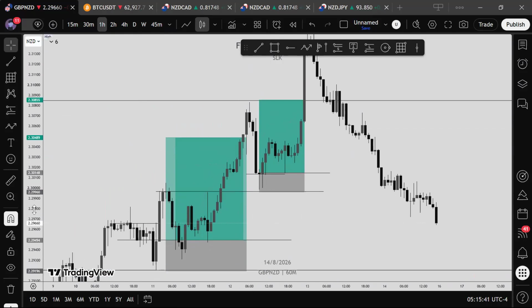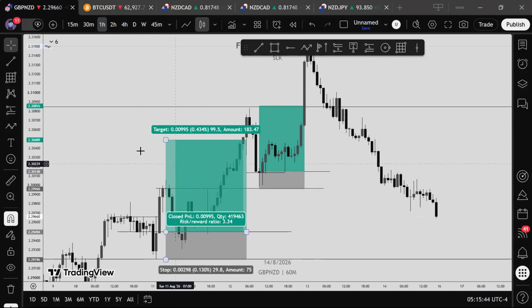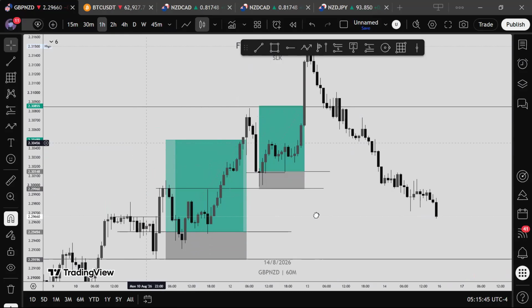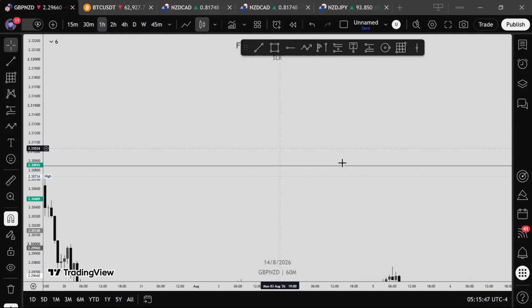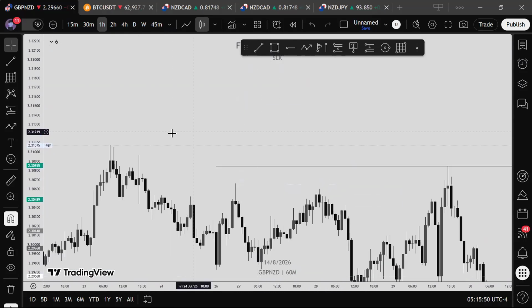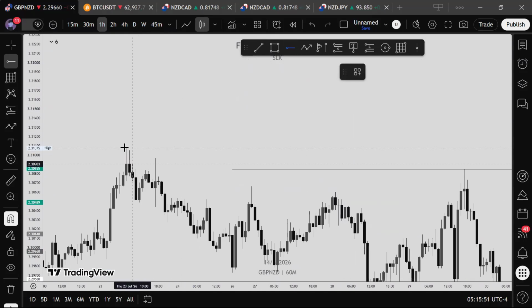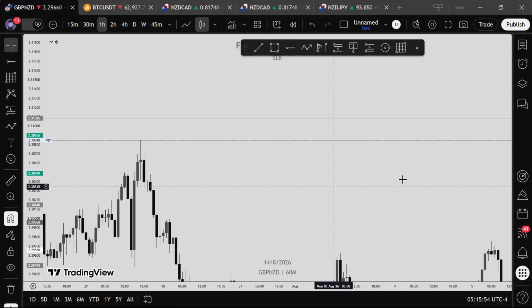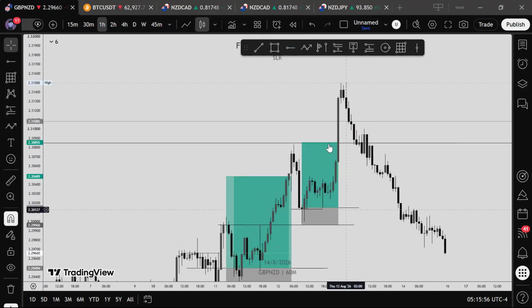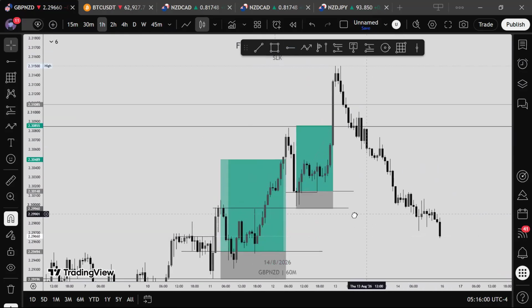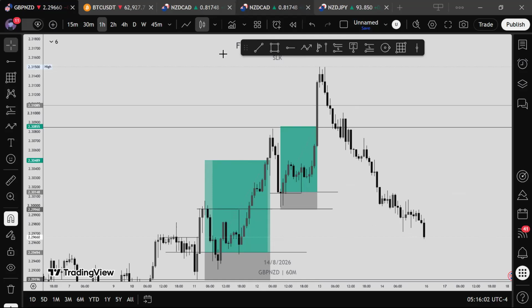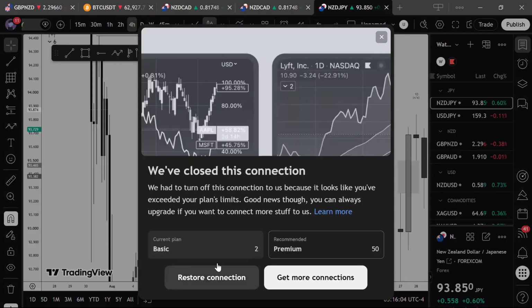So this was a good trade breakdown for GBP NZD. The target here was fair, but there could have been a higher target on the second, right here. This high was bound to also go, and it did actually go before there was this reversal. So that was the trade on GBP. Now for NZD-JPY,